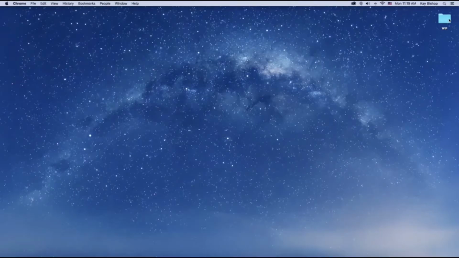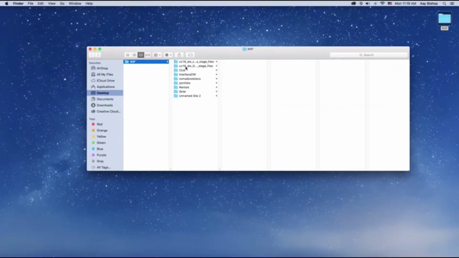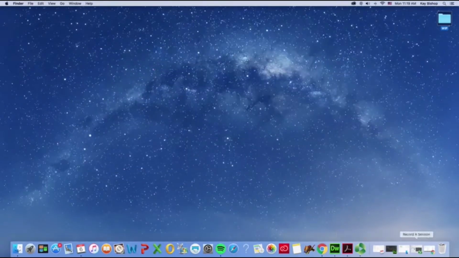I have a work in progress folder set up on my desktop so you can see it. You want to move your against the clock files for the kinetic stages over into a WIP folder on your computer so we can stay organized with our files here, and we will select that folder as our local root folder in Dreamweaver. Go ahead and open up Dreamweaver,